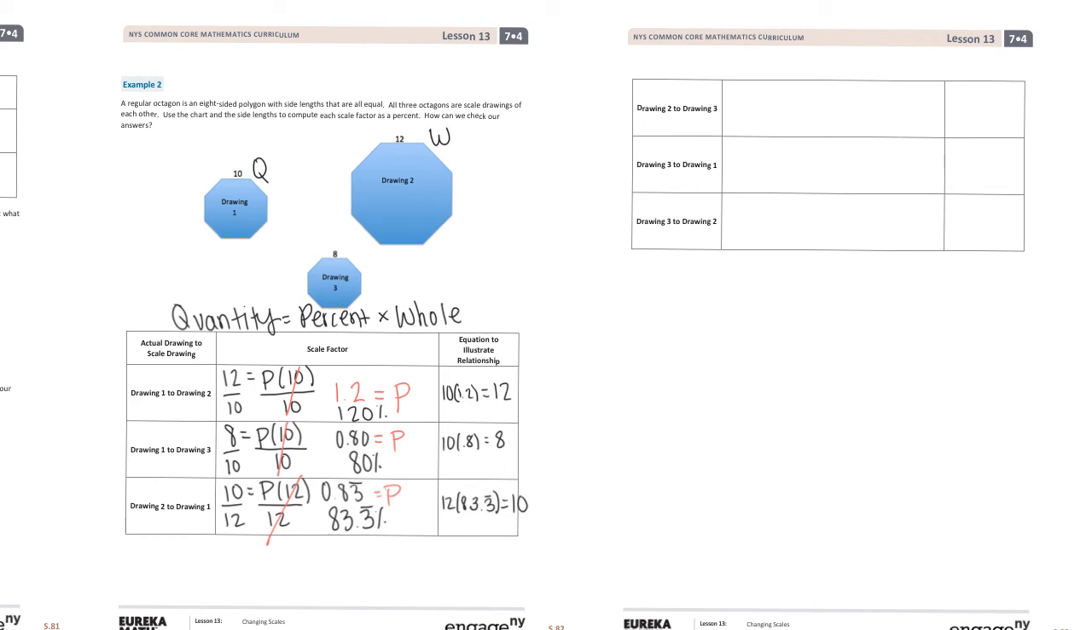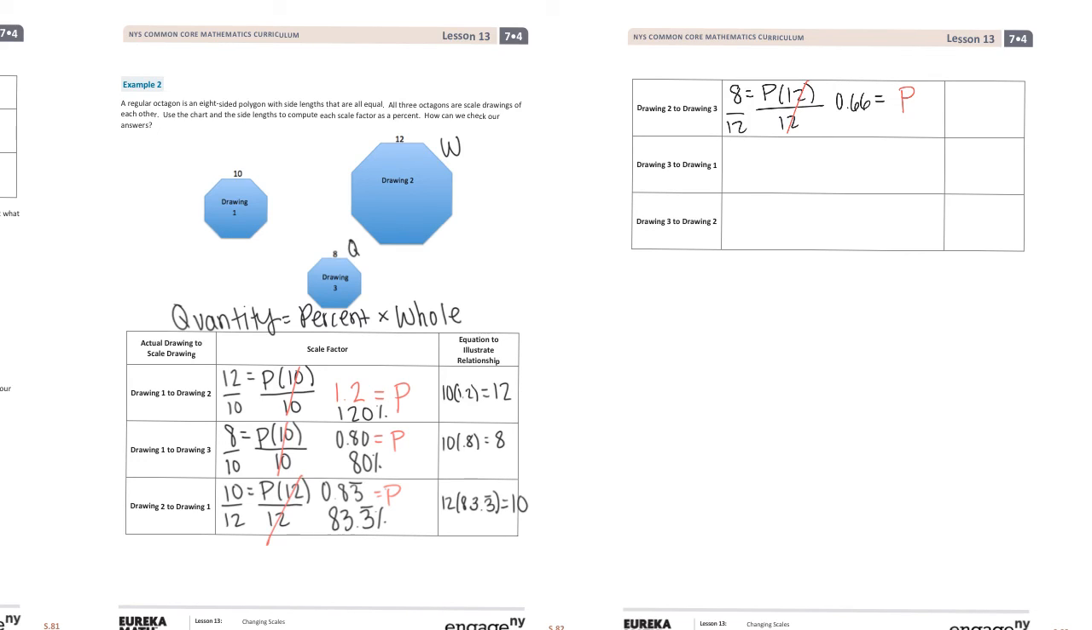Okay, now we're going to go from drawing 2 to drawing 3. And my drawing 2 is going to be my whole, and my drawing 3 is going to be my quantity. Now I'm going to have my quantity of 8 equals my percent, which is represented by P, times my whole, which is 12. To get P by itself, I'm going to divide both sides by 12. 12 divided by 12 is going to leave me with 1P. And then 8 divided by 12 is going to give me